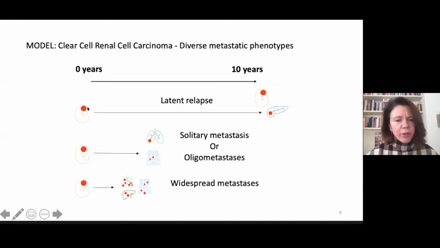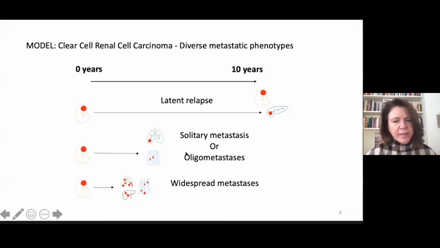There are tumors that following curative resection of the primary tumor metastasize very late, sometimes decades later, and they have a predilection for endocrine organs, which is curious in itself, and they have an excellent outcome following the resection of these solitary metastases. Now, the tumors that spread earlier in the course of disease following the resection of the primary tumor do so either in a sort of limited fashion, exhibiting an intermediate metastatic efficiency. So often they will relapse 2 or 3 years after the primary tumor is removed,